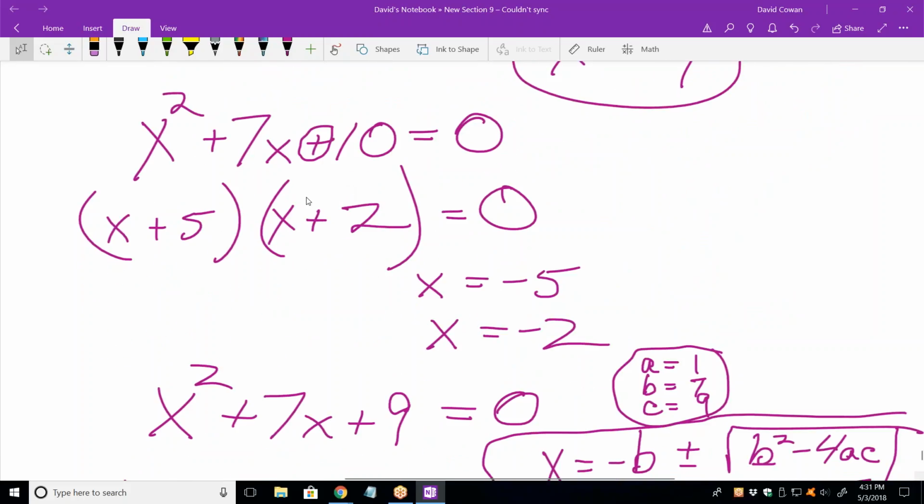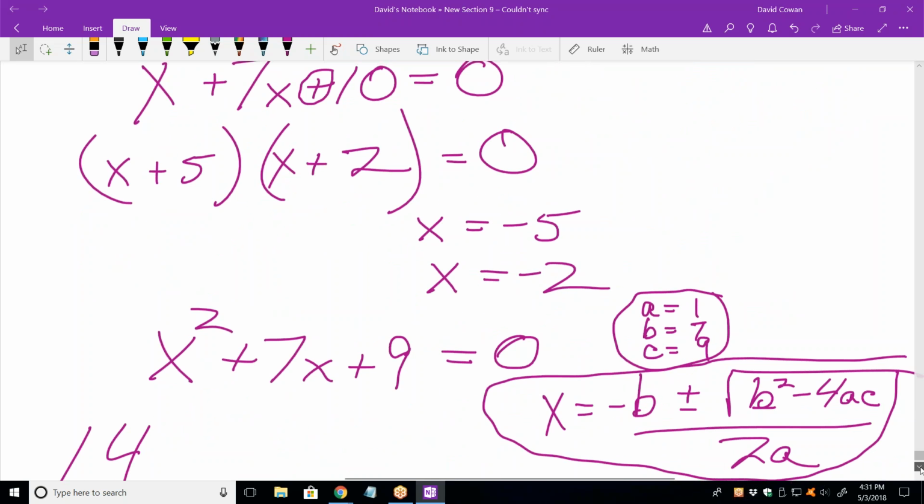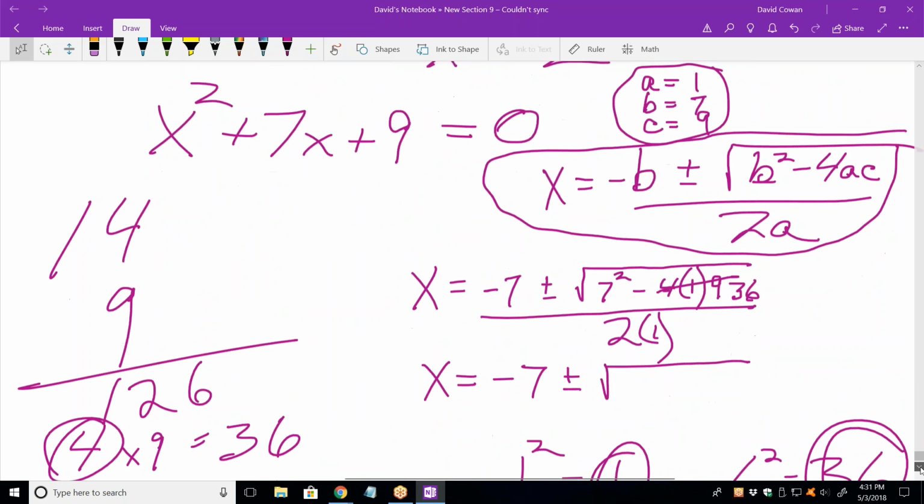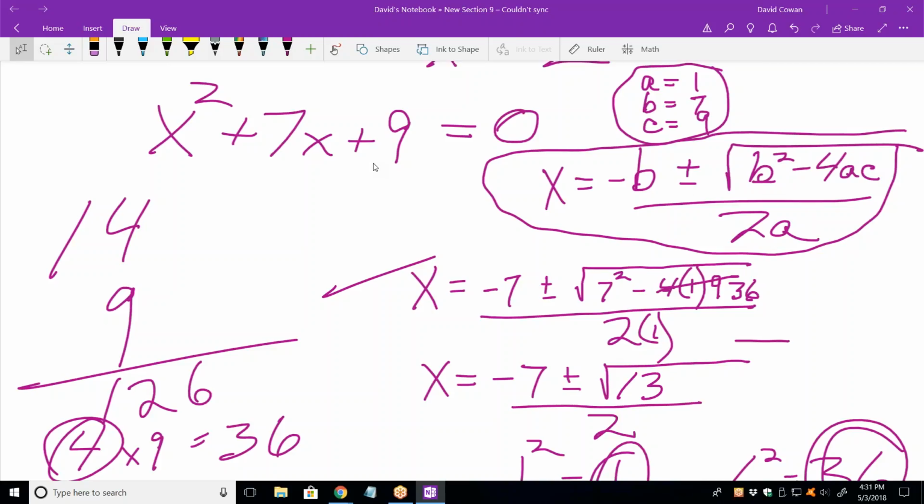When it was x squared plus 7x plus 10, I was able to factor it and solve it instantly. The moment it didn't look so pretty, in other words, once it became x squared plus 7x plus 9, I can't factor it. The only way I can solve it is the quadratic formula. We got to this step right there. And now it's 49 minus 36. So it's 13 inside the radical. 2 times 1 is 2. There's our answer